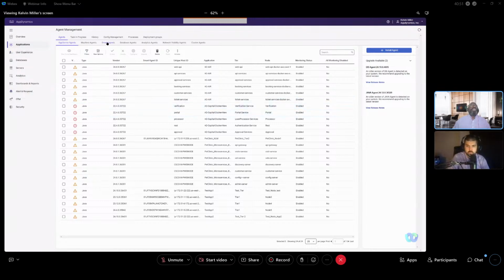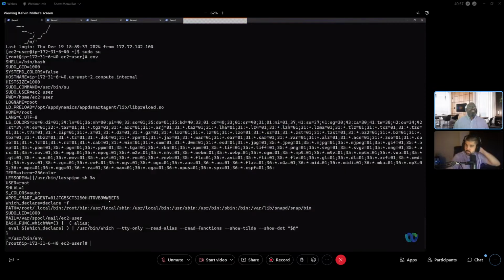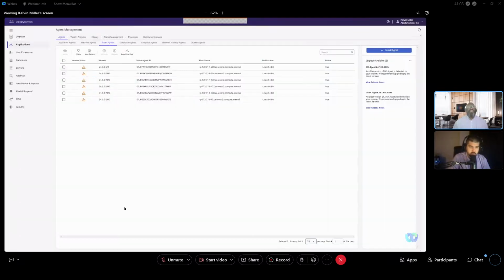Go click on smart agent. I'm going to switch right back over to the actual command line for 1 second. So the smart agent we're looking to install is BEFB. Well, it's already installed, but to make sure it's reporting is BEFB. So now when I go back over, I see BEFB here. So the smart agent is now up and running, it's active, and now we're able to install agents onto the